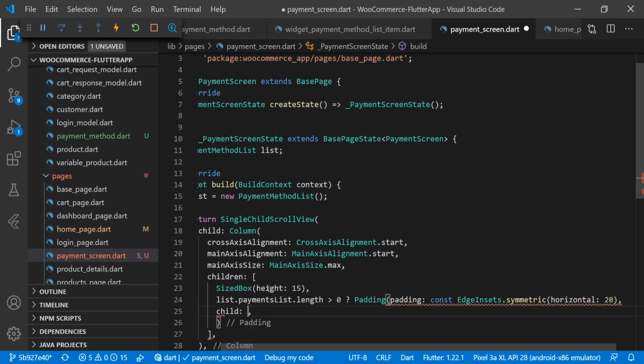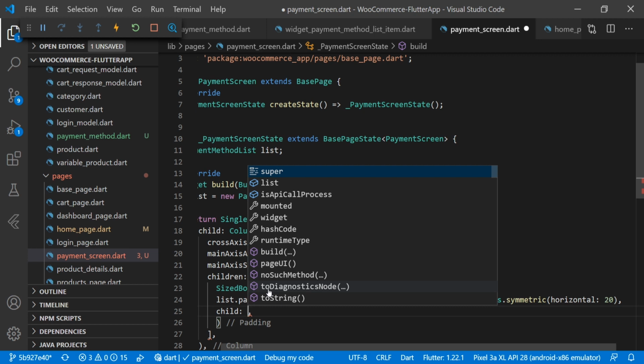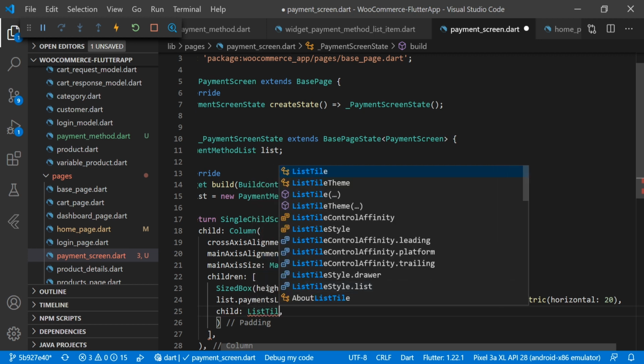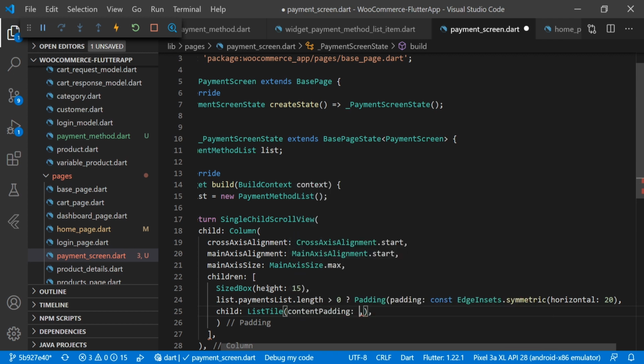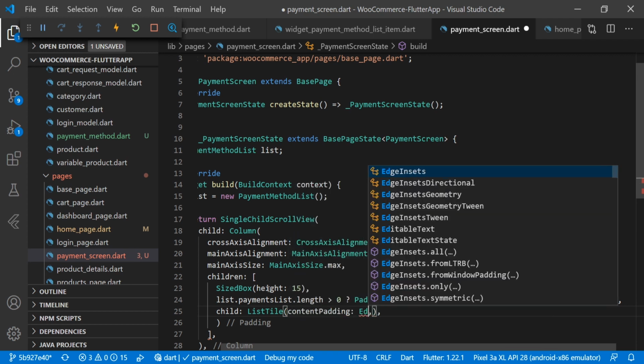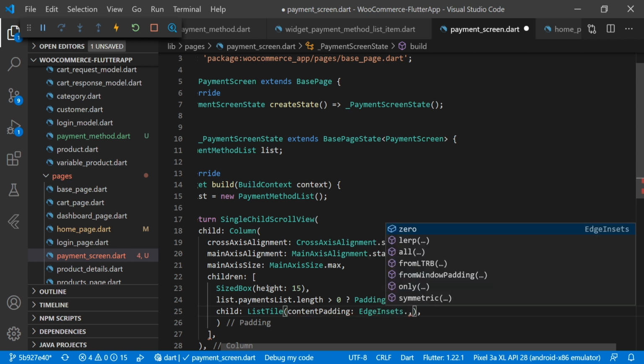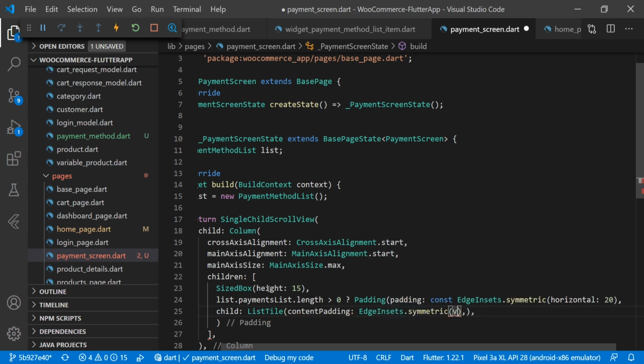Then we have the child here, and for the child we are using ListTile, and here we are passing contentPadding, and we are using EdgeInsets.symmetric vertical 0.